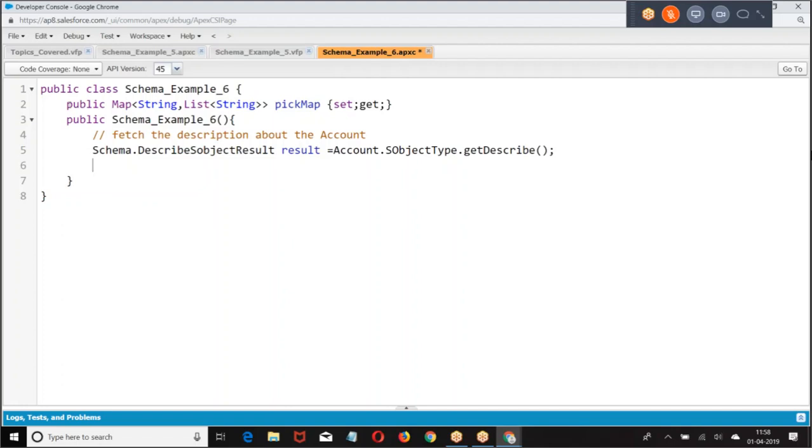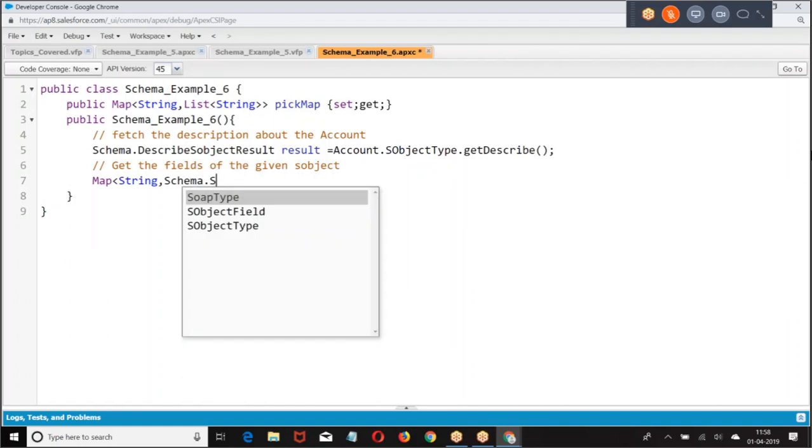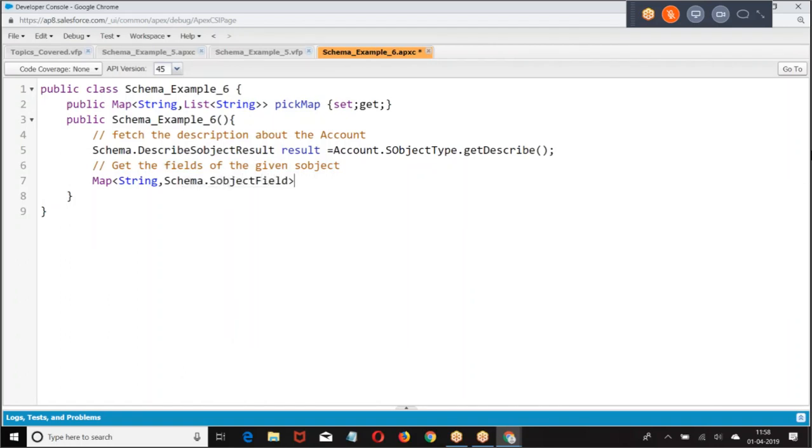Okay. Once you got the description, what you are supposed to do? Get the fields. How do you get the fields? Map of string comma, field map equal to result dot fields dot.